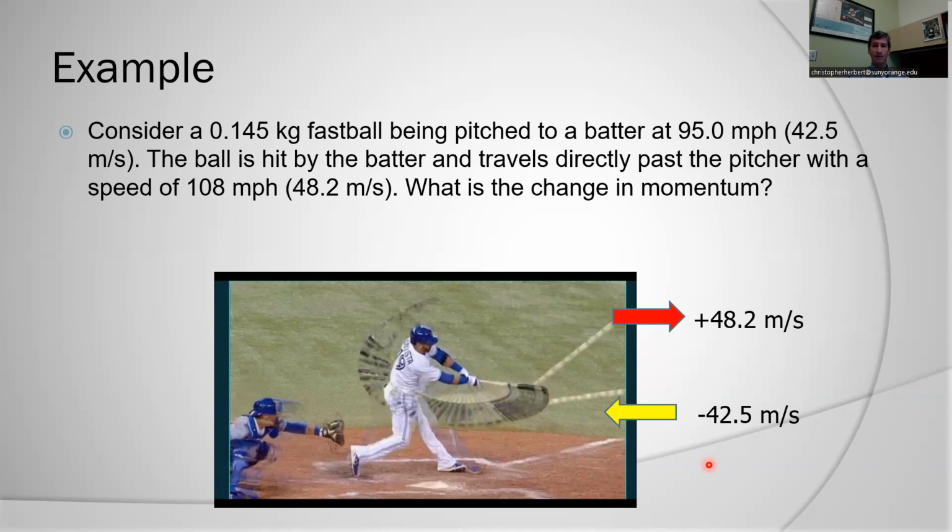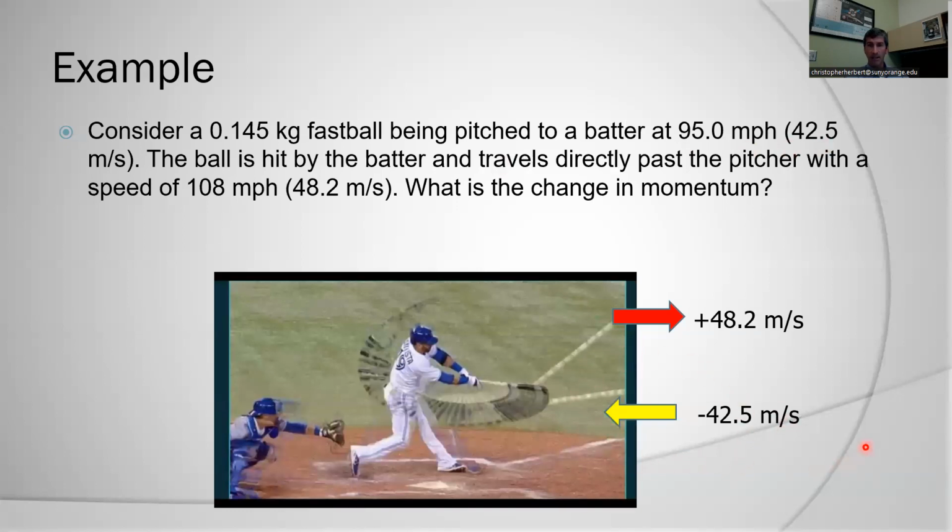nature of momentum is very, very important because we see that the speed hasn't changed all that much. We went from 95 miles per hour to 108 miles per hour, or 42.5 meters per second to 48.2 meters per second. That's not a large change in speed. So we'd think, well, there wasn't very much momentum change here. What's true here is because the change in speed wasn't very large, the change in kinetic energy might not have been very large. However, the change in momentum was very significant here because if we look, here's our vector for